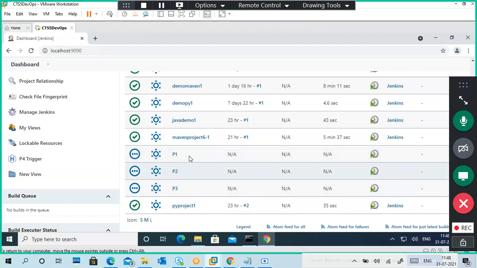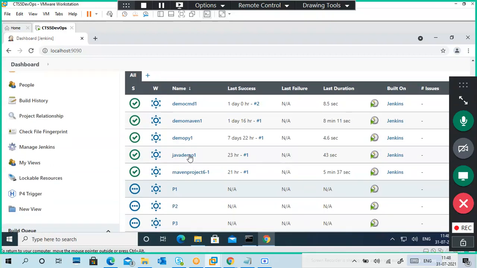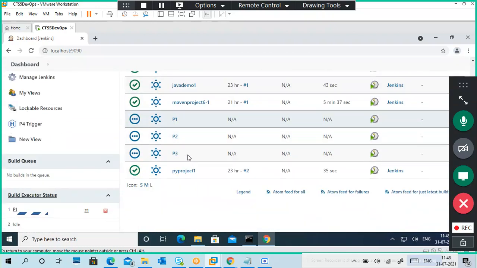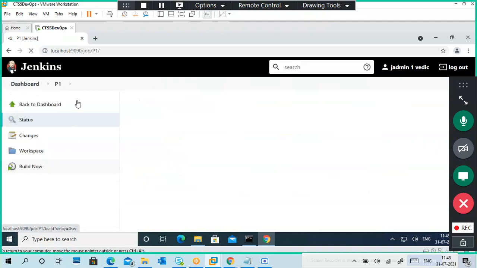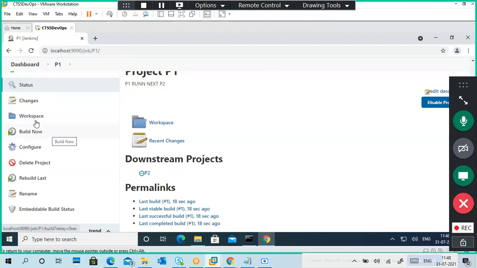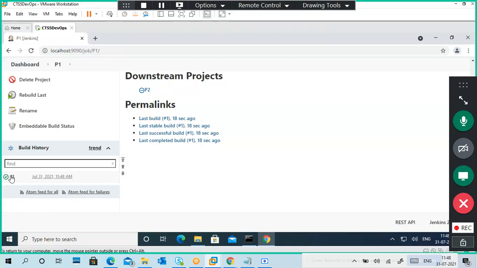Actually, it runs in the background. If you want to see, you can see that also. So here it is showing build execution status. Build one is P1 is going on. The Q1 is P2. Okay, like this. So you can go to console output.